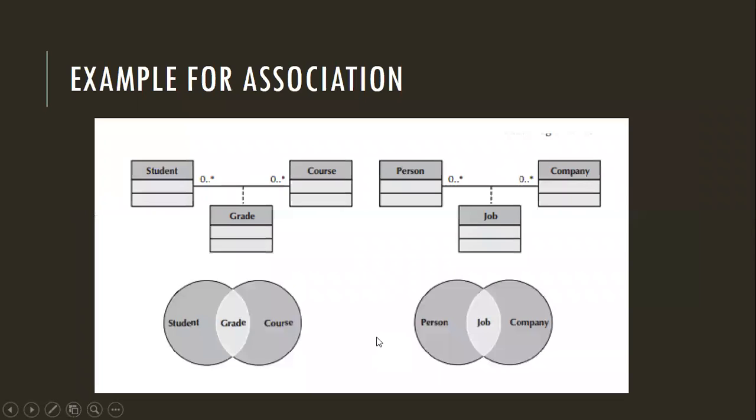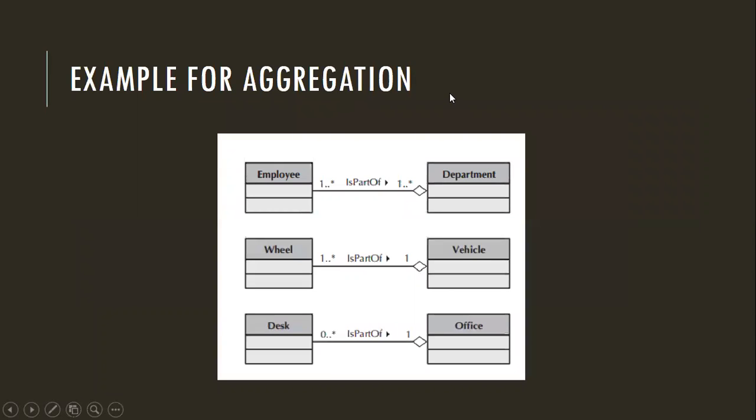We'll just go through the relationship examples for aggregation. So see, employee is a part of department. Okay, so an employee can exist even without the department, isn't it? So employee, it's a part of a department. Somehow they have to be in the department, right? So it's like depends on the department. Even if there is no department you can still work, isn't it? But you are a part of that department.